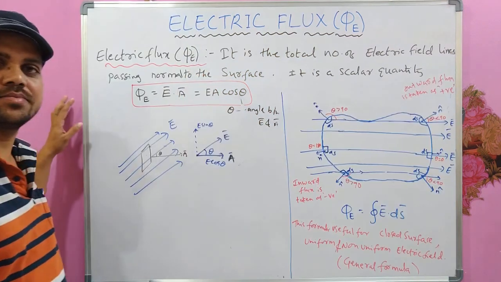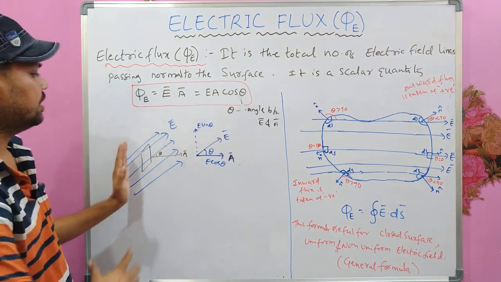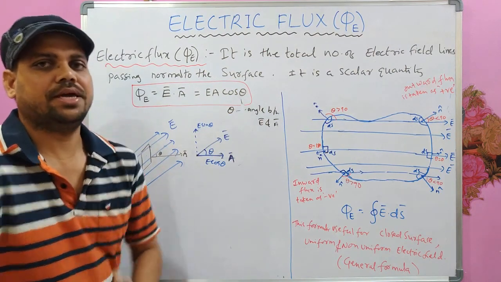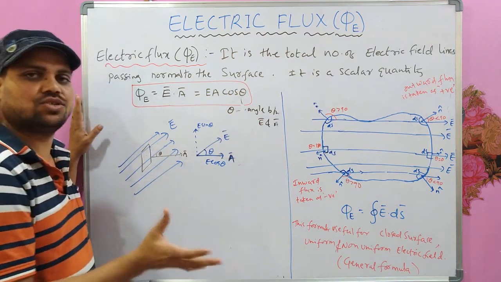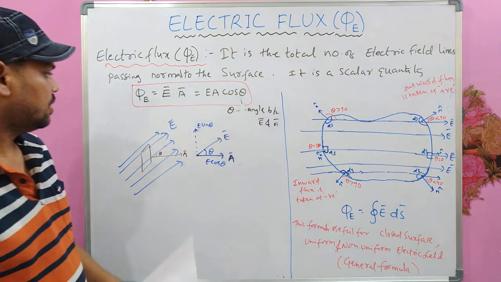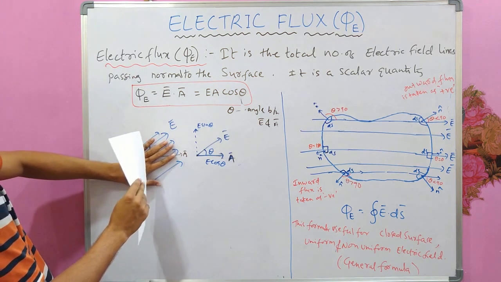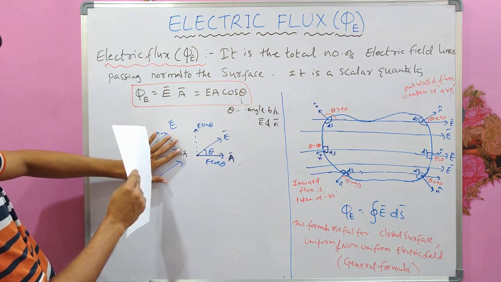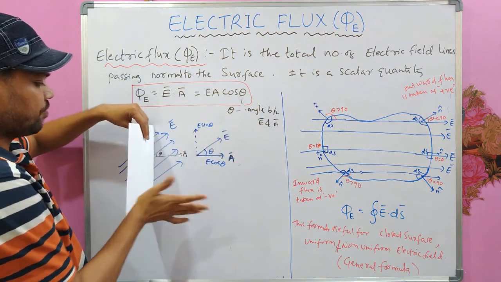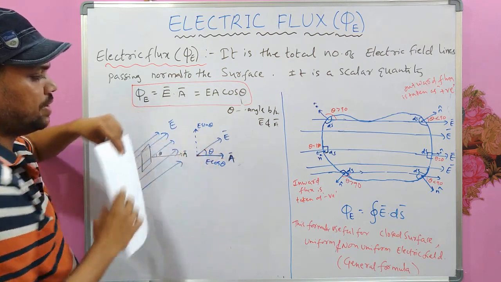Okay, so here I have taken another example where the area vector of the surface placed in electric field is making an angle of theta which is not 0, which is not 90. So in this way electric field direction is this and my surface is placed like this. This is electric field direction and area vector is in this way, and the angle between E and A is theta.